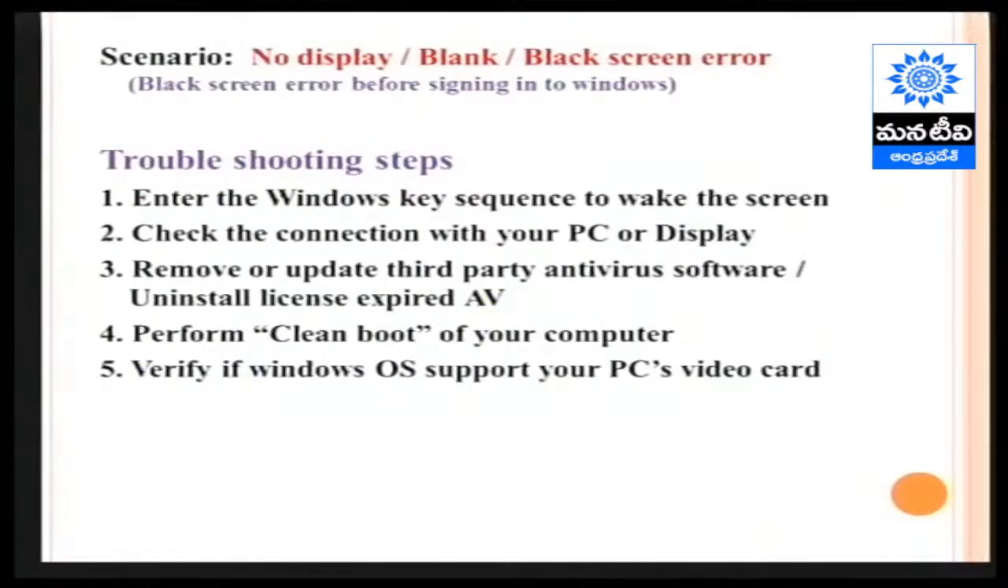And the last common troubleshooting step to fix this black screen error is to verify if the Windows OS supports your video card. Probably when you get a black screen error, for example, the user has updated or upgraded display adapter drivers in his computer. An updated or upgraded display adapter driver might cause the black screen error. For example, the recently upgraded display adapter driver pack will not support your laptop and laptop OS,